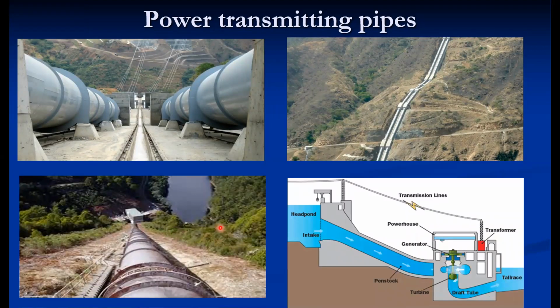This is a schematic layout of a hydroelectric power station. This penstock carries water from the high level reservoir up to the turbine, and then the turbine converts this hydraulic energy, the pressure energy, into mechanical and then electrical energy. And then through the draft tube, it is released somewhere here. So for designing these pipelines, or how to design these pipelines, that theory we are going to discuss in this particular session. That is called power transmission through the pipes.